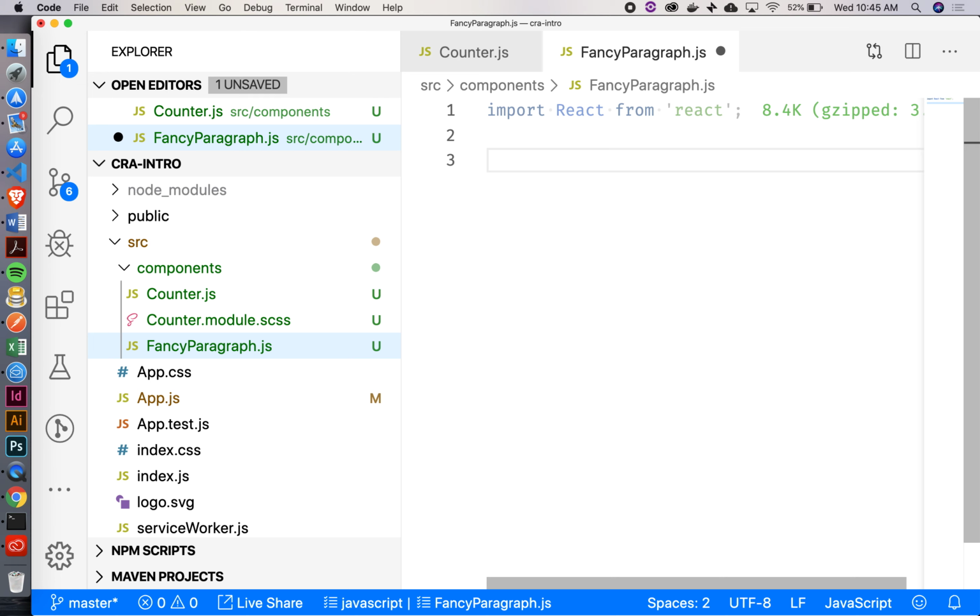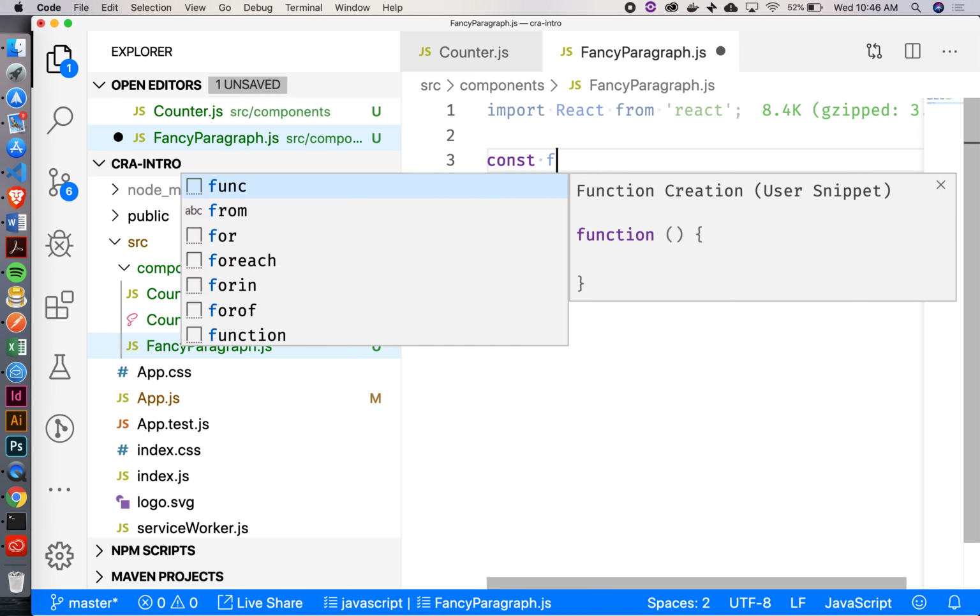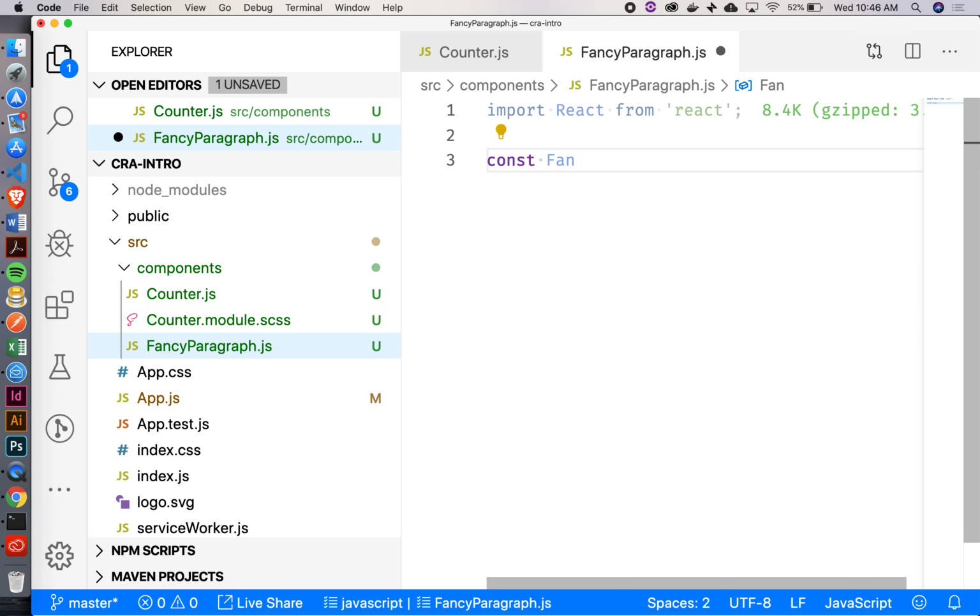All right, and then instead of a class, I'm just going to create a function. So we'll call it const fancy paragraph, and I'm going to set that equal to an arrow function. My arrow function will take in some props. And then what I'm going to do is return something out. What I'm going to return, again, is just going to be this JSX that we've been talking about. So I'm going to say return,